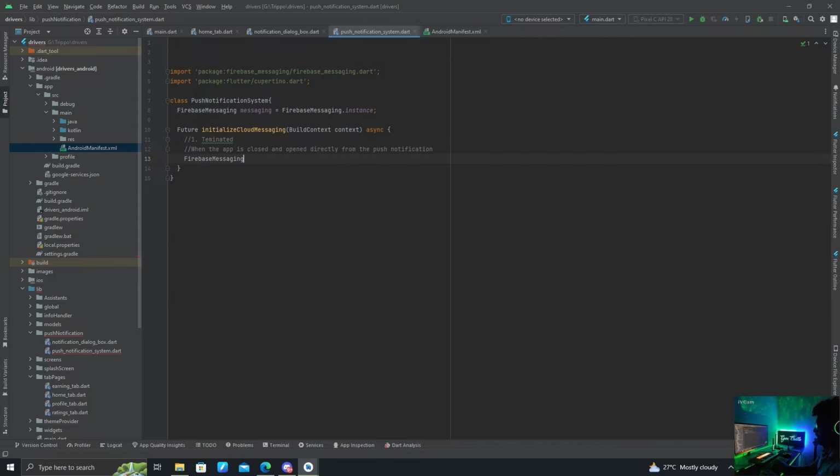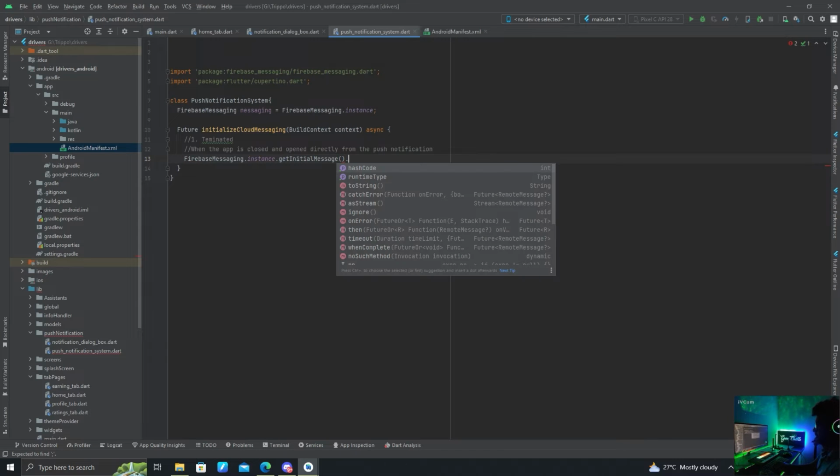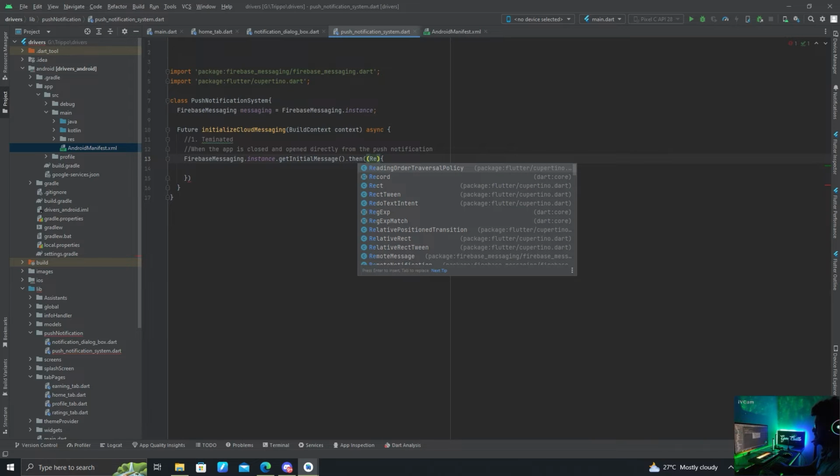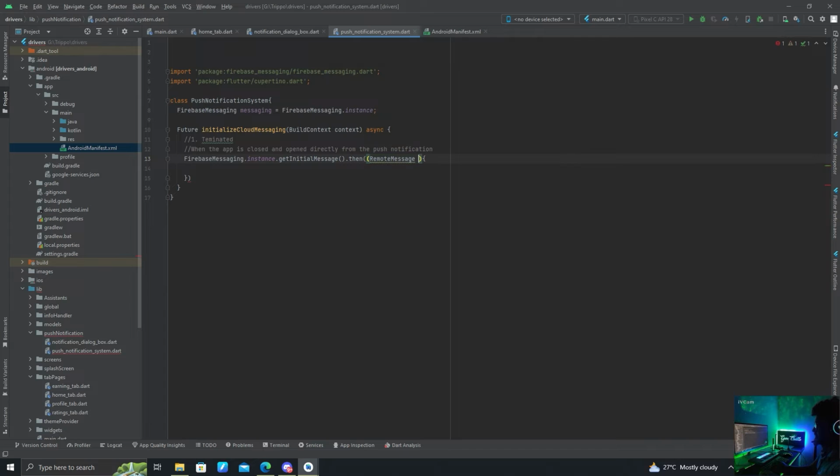Then Firebase messaging dot instance dot get initial message dot then, instead of value we can write remote message. We can add a null check here, so if remote message not equals to null, then